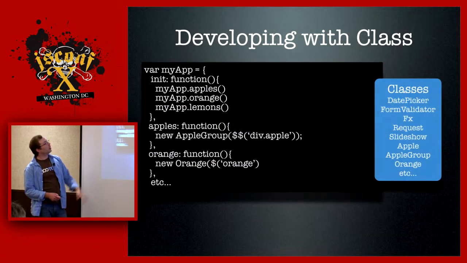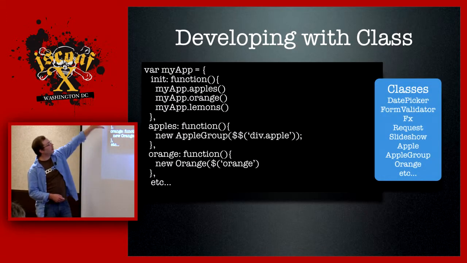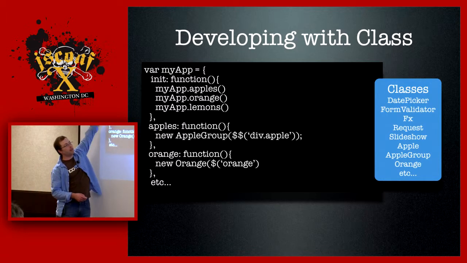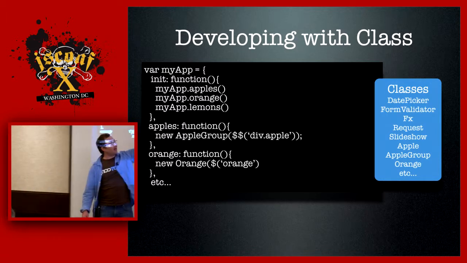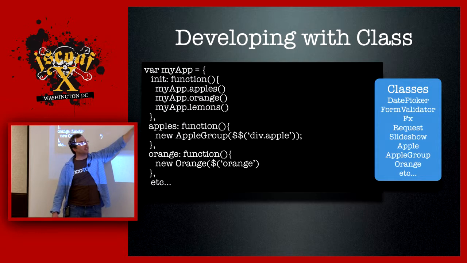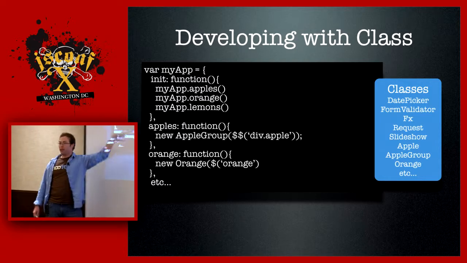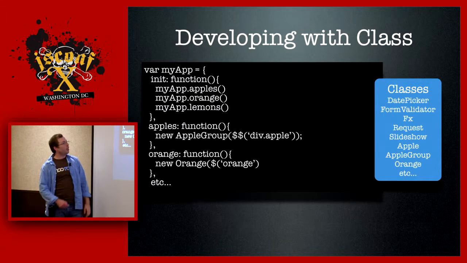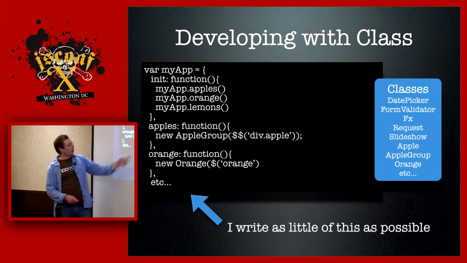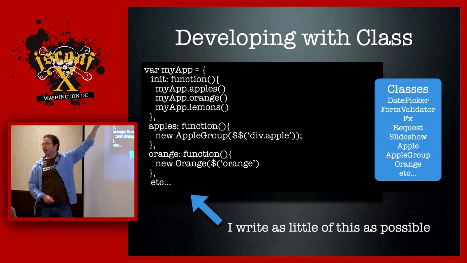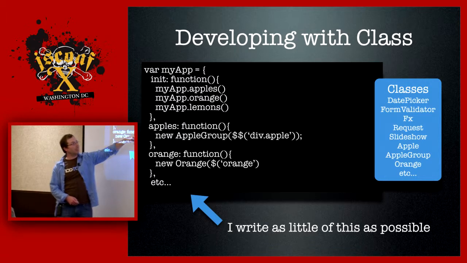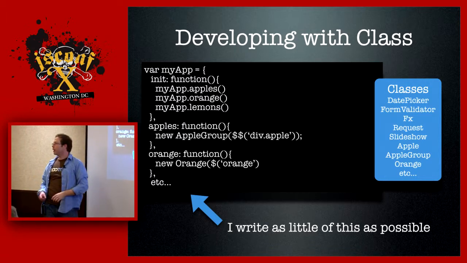Whereas previously I had this kind of concept where I thought of this as my application, and only these big concepts like date picker and form validator and effects as, oh, this is my reusable stuff. This stuff's not about my website. Now the way I write code is I write almost none of this, and I wrote almost all of that. Even if I feel like this class I will never use again, I can't count the number of times where like 3 days later I'm like, huh, I'm using it again.